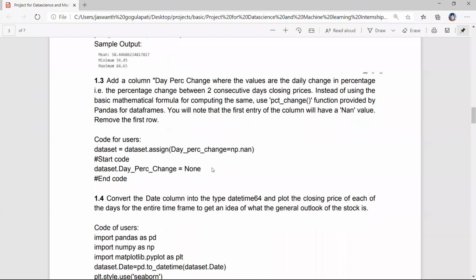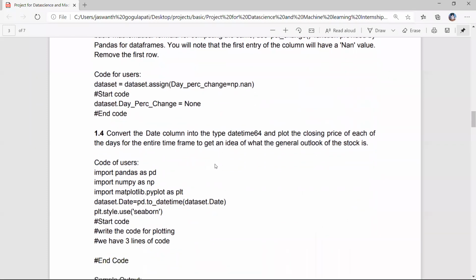It's very simple to complete the project. Next, similarly, while